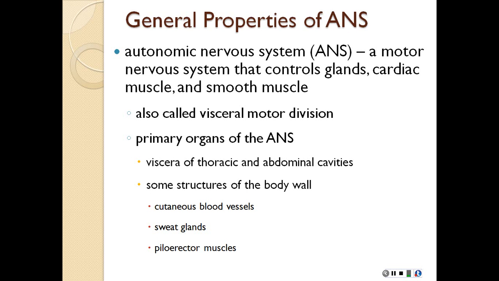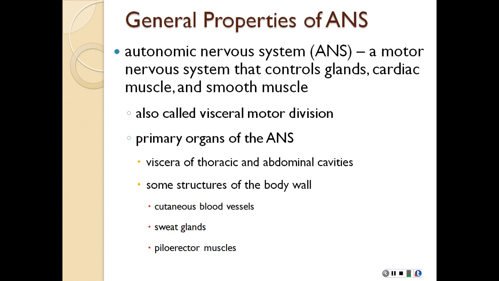General properties of the autonomic nervous system. It's a motor nervous system, so keep in mind that this is part of the motor division. Remember, we had somatic motor and visceral motor. What was the other name for the visceral motor division? The autonomic nervous system. So that's what we're talking about here. So what we're talking about when we say motor, so motor signals always start where? Not necessarily with brain, but CNS.